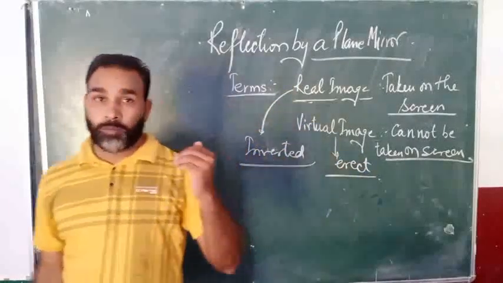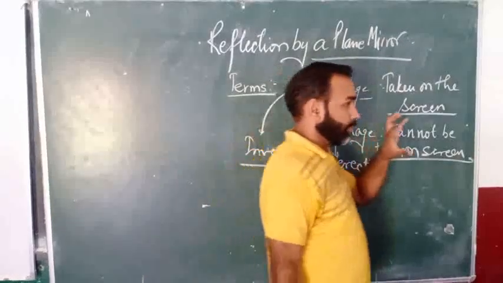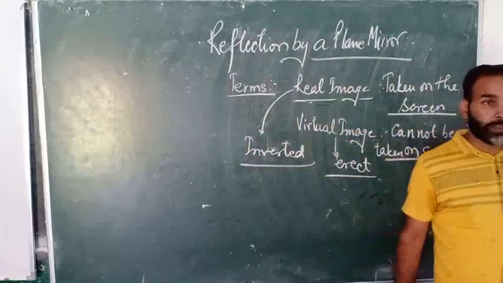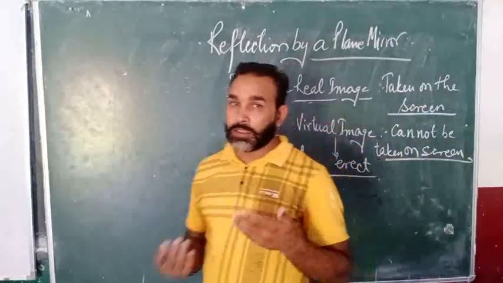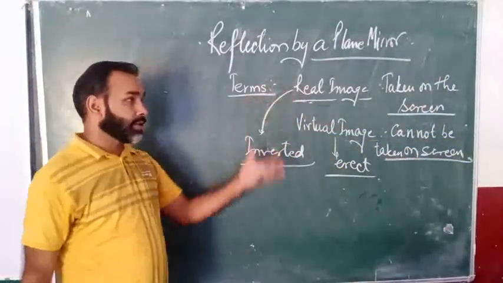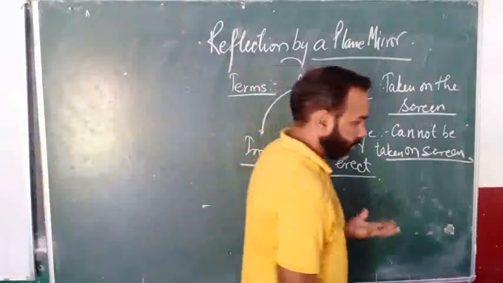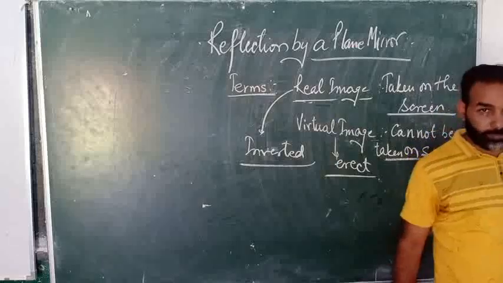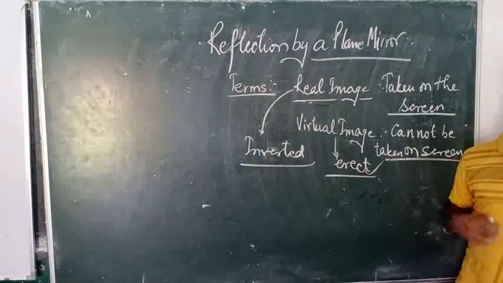ऑब्जर्व करना। मोस्टली आपको सजेस्ट भी किया जाता है कि जब आप सेल्फी लें तो आप अपना इन्वर्टेड मोड ऑफ कर लें, तो पीछे वाली जो स्क्रीन होती है वो भी आपकी सीधी आती है। सो दोज इमेजेस आर कॉल्ड रियल इमेजेस, ठीक है। वर्चुअल इमेजेस हमेशा इरेक्ट होती है। जैसे आपके शीशा मिरर में आप देखते हैं तो उसमें आपकी इमेजेस इरेक्ट होती है। सो दोज इमेजेस आर नोन एज